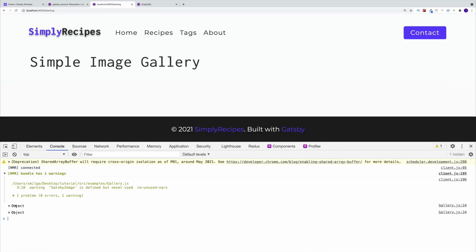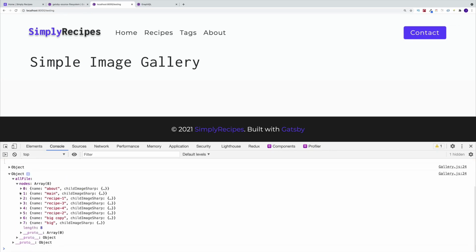So let's go back, and of course, this is going to be my testing. Let's spin it up. And if we inspect and in the console, I see this object, we are in good shape. So notice we have all file, and we're not surprised because that's the query that we